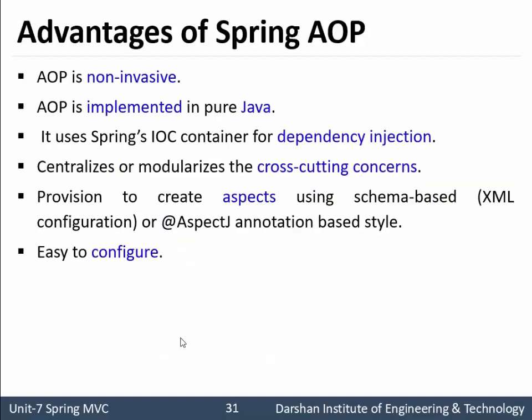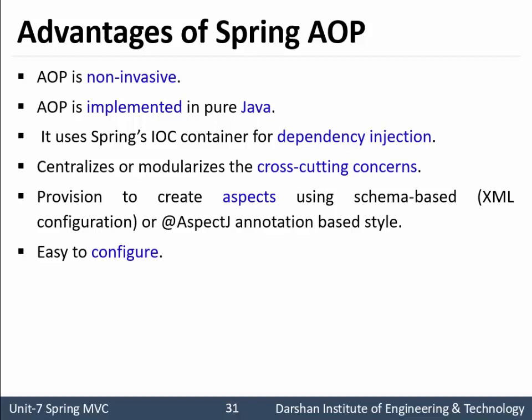Now, advantages of Spring aspect-oriented programming. AOP is non-invasive. It means as the logic is separated, it will not interfere with any of the functionality, or make any functionality stop or wait for an infinite time. AOP is implemented in pure Java.